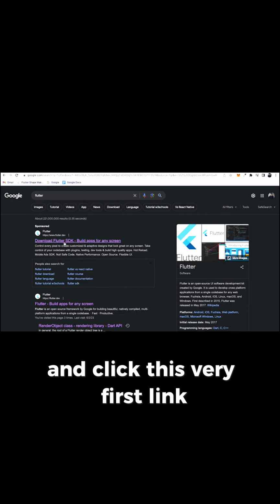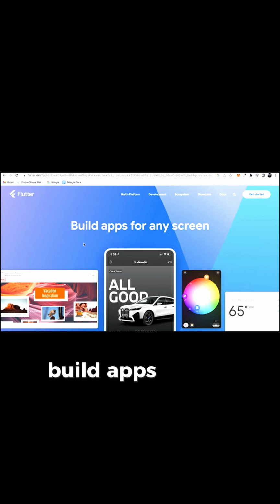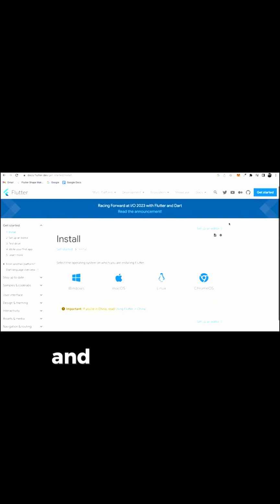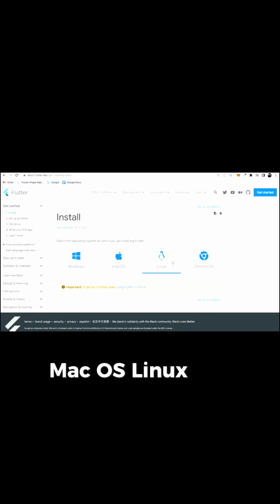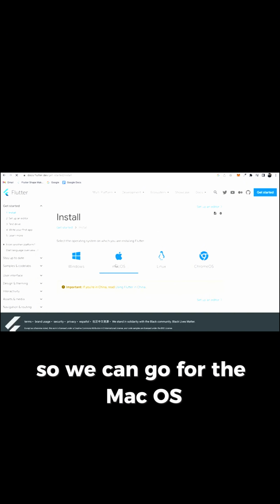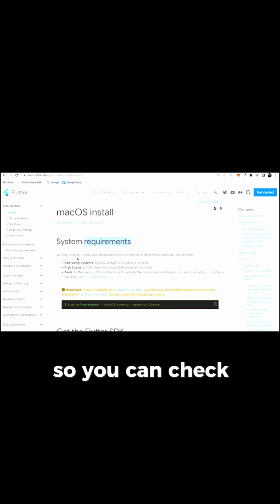Download Flutter SDK, and this will take you in here, build apps for any screen. Then you can go for Get Started, and here you will find the install for Windows, macOS, Linux and Chrome OS. So we can go for macOS. In here you will find the system requirements, so you can check yours and accordingly install the Flutter SDK for